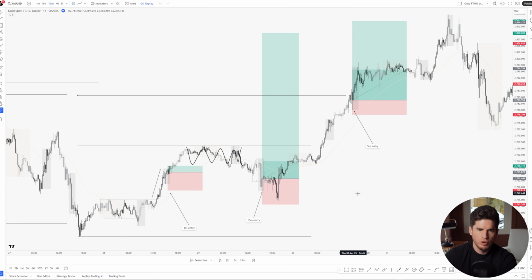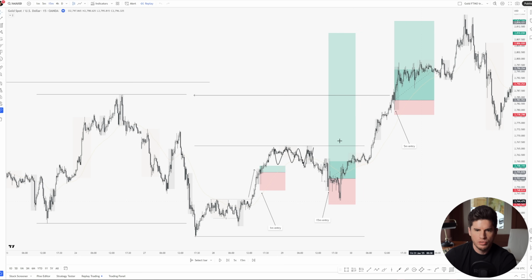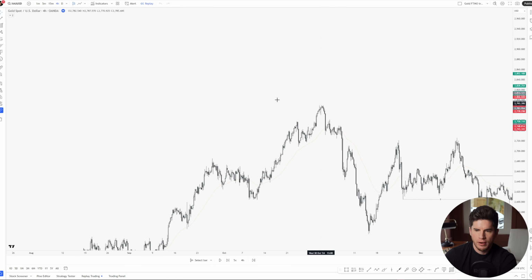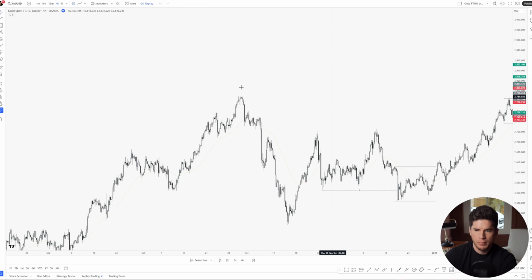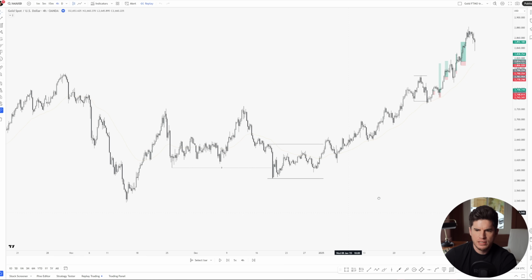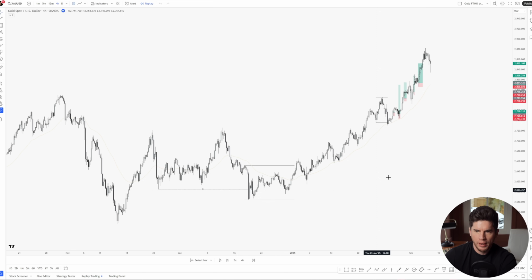Now, this is quite a risky entry, trading longs at a 4-hour high. But again, if I come back to a higher time frame, you've always got to refer to the time frame above and go, okay, well, what am I expecting? What am I expecting price to do? This is external range, it's not internal range, right? So I am expecting price to continue higher.